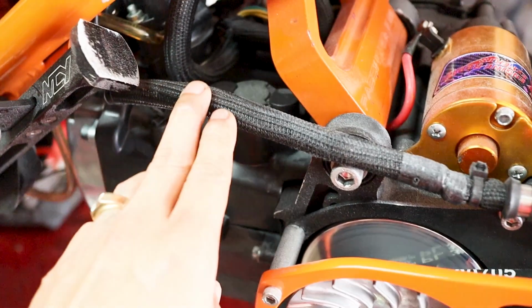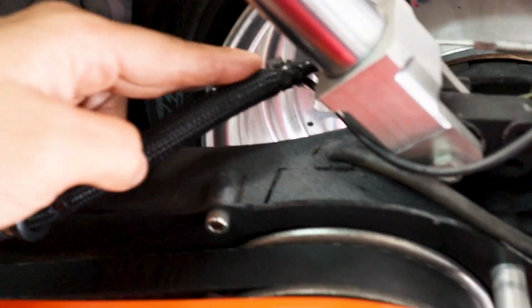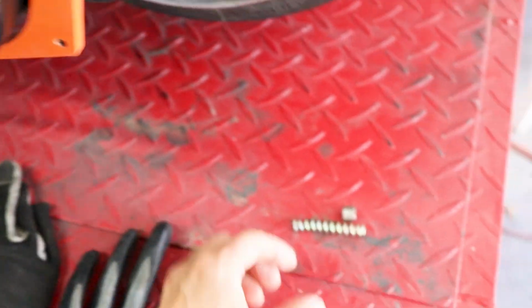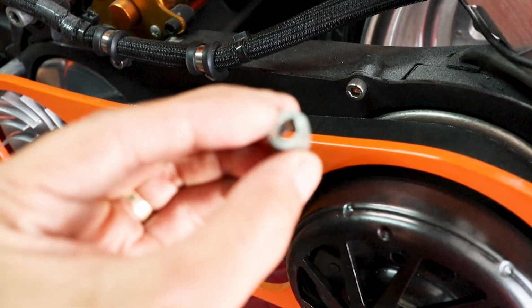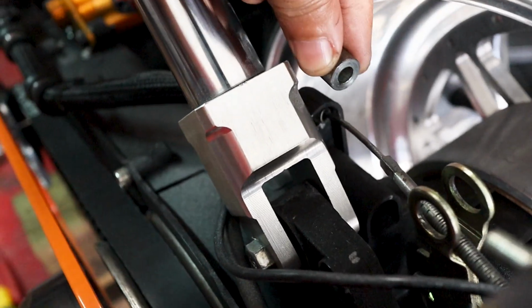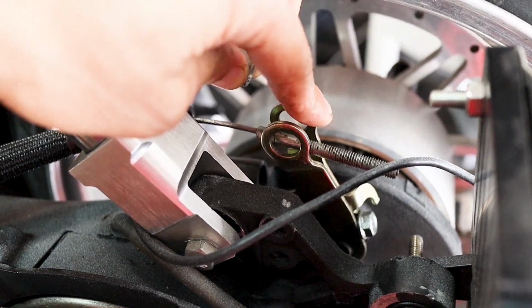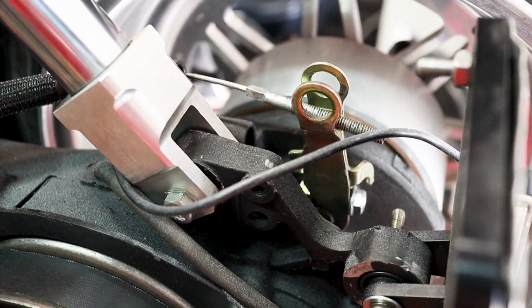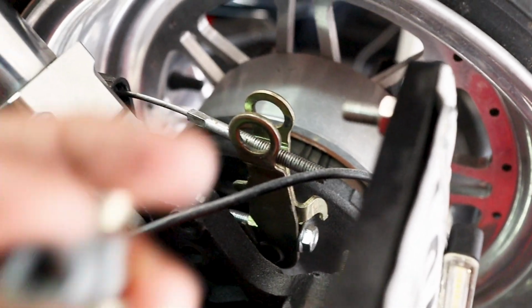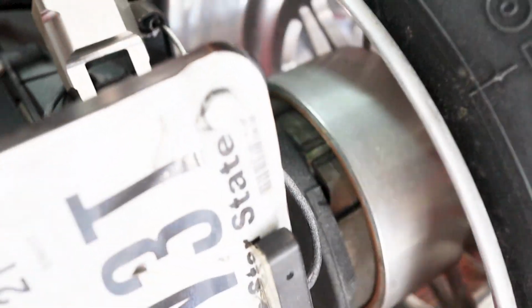So I mentioned before that my brake cable comes through here, and then remember I said it kind of took a sharp angle. Well, I had a bushing that I had found, and I put it inside. I put it at the end of this to give myself a little more distance, because this wasn't pulling far enough. It would have to pull really far. I also remembered, as I was taking this apart and took all the hardware off right here, because it was threaded all the way down,